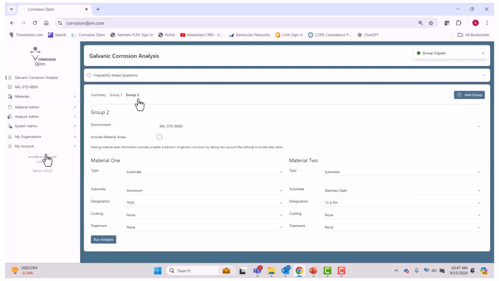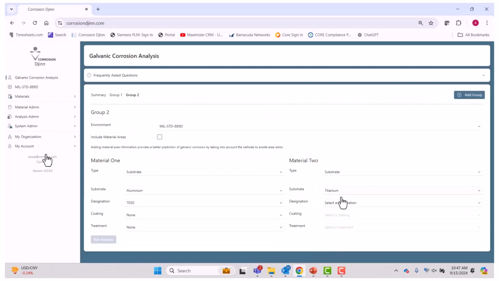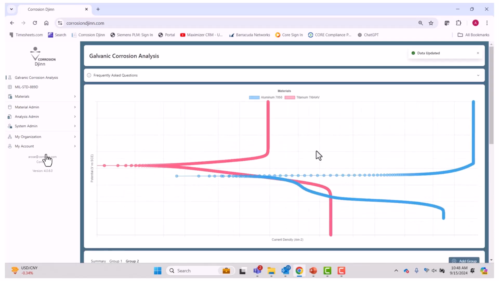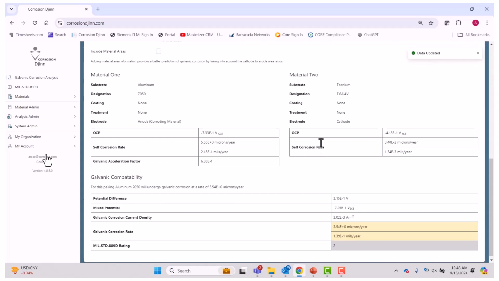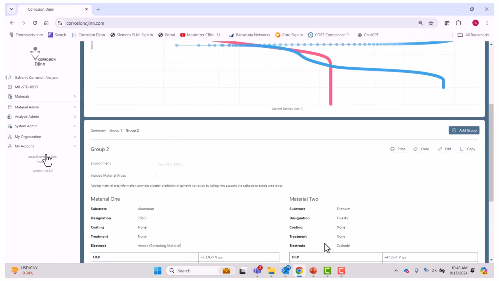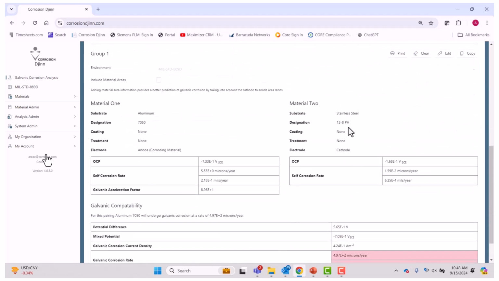We can copy that very quickly, and we have a new group of material 1, material 2. It self-populates, so now we can just swap out the stainless steel for the Ti-6-4. It's very quick. It's just a click, click, click, and run the analysis. Pulls curves again, and this time the titanium Ti-6-4 is cathodic, and the corrosion rate is much, much less on the aluminum. Okay, so titanium is shown as a better choice, but maybe